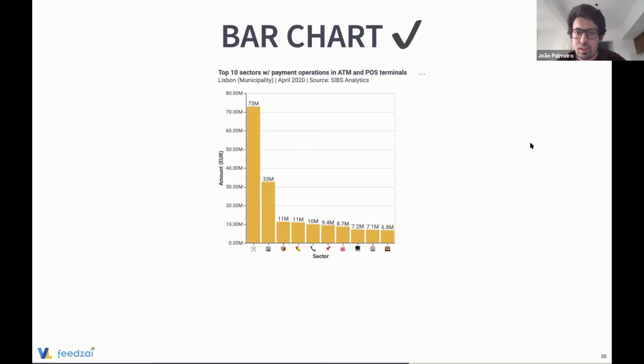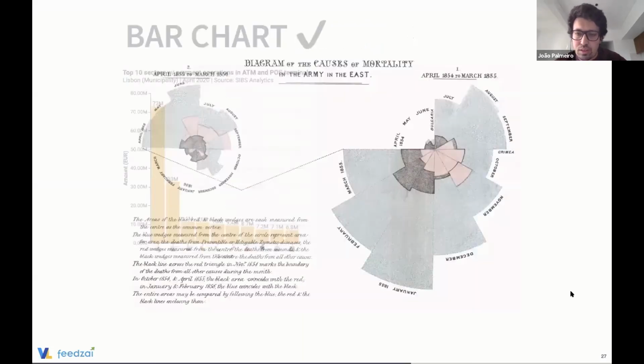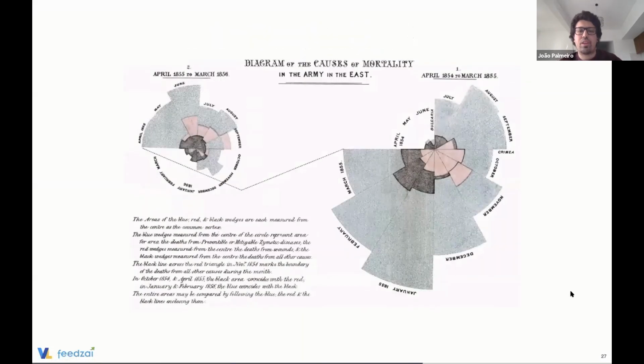Okay, but this is not the end. You can do a lot of different things here. One more for analysis, one more for leisure, for example. This chart from Florence Nightingale is basically one of the, let's call it, main historical data visualizations that people usually show in these kinds of moments.